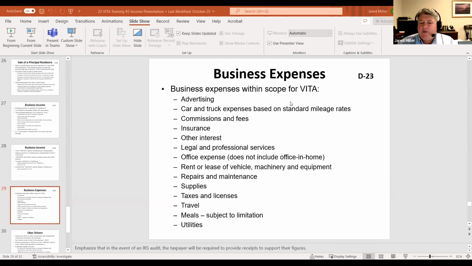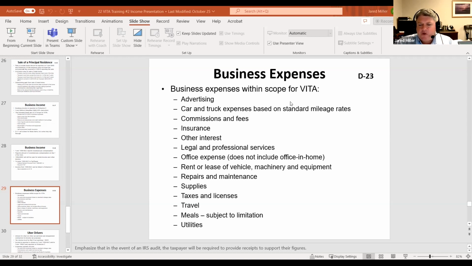What we're looking at, however, is we're probably in a situation where we may have some people who might do things like house painting on the side. And maybe they're going to rent things like scaffolding, or maybe they're going to have a couple minor supplies like drop cloths and things like that. That's probably okay. We're probably not going to have professional landscapers or snow removal people, because those are going to be more heavy machinery and equipment, which would probably entail depreciation. So again, we probably won't see those.